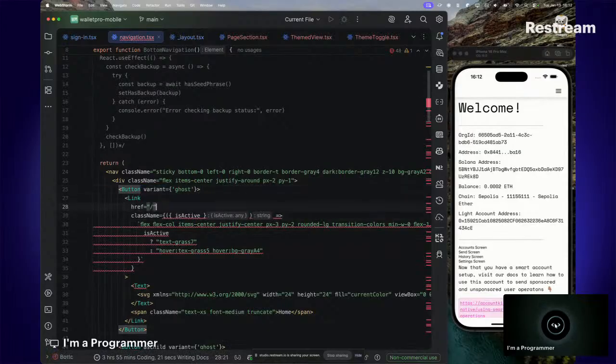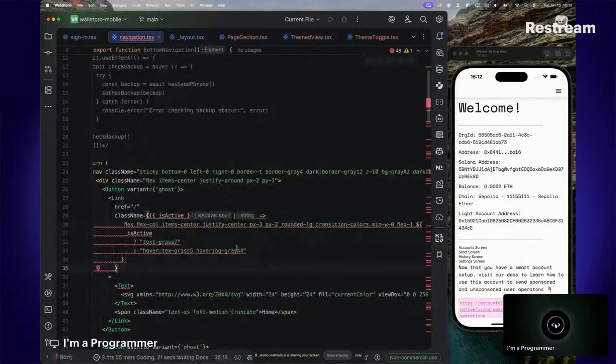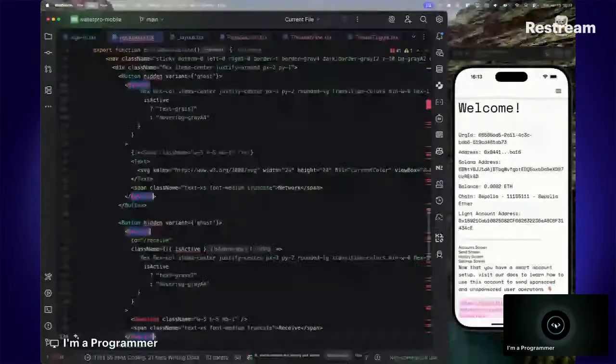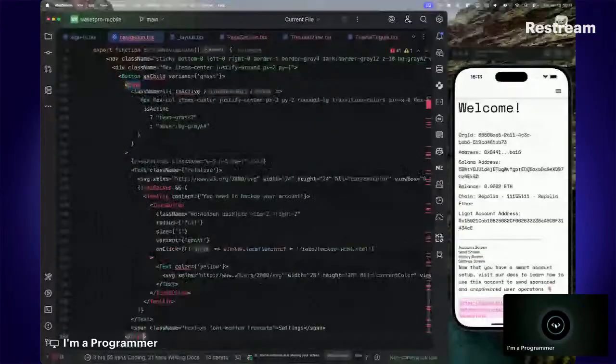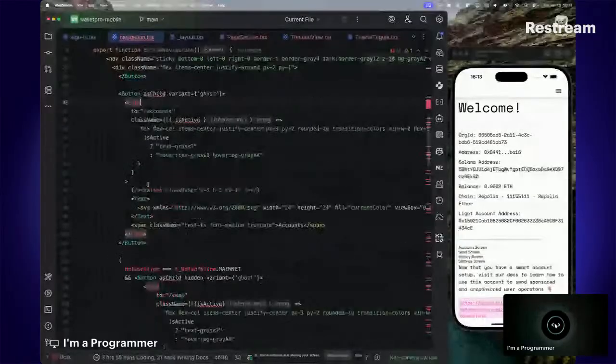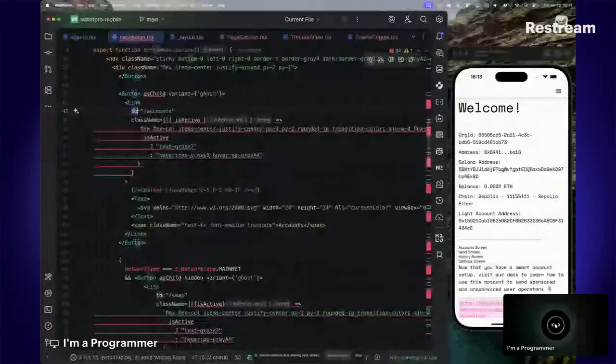We can implement this. What's the error here? Okay, let's get this also. So I'm going to import text from the Shartian component text. Then I'm going to change anyway. I'm going to convert it to link. So it's going to be link because it's going to be the Expo router link. So anyway, I see it like this, I'm going to also change it to href